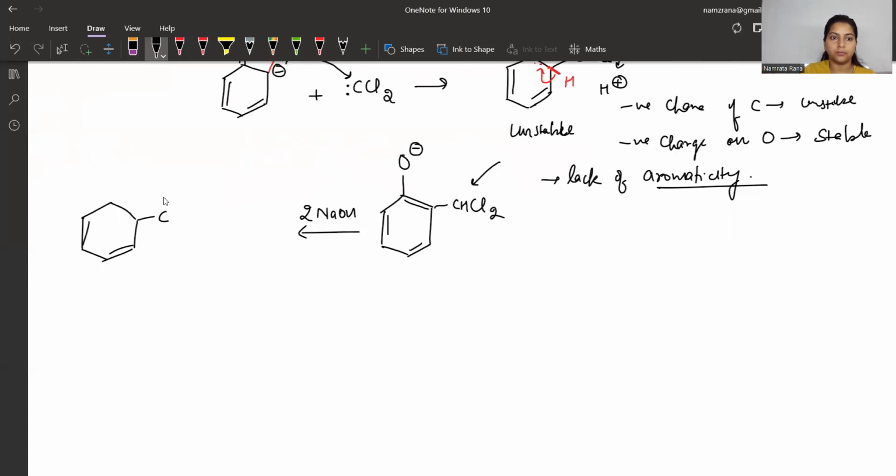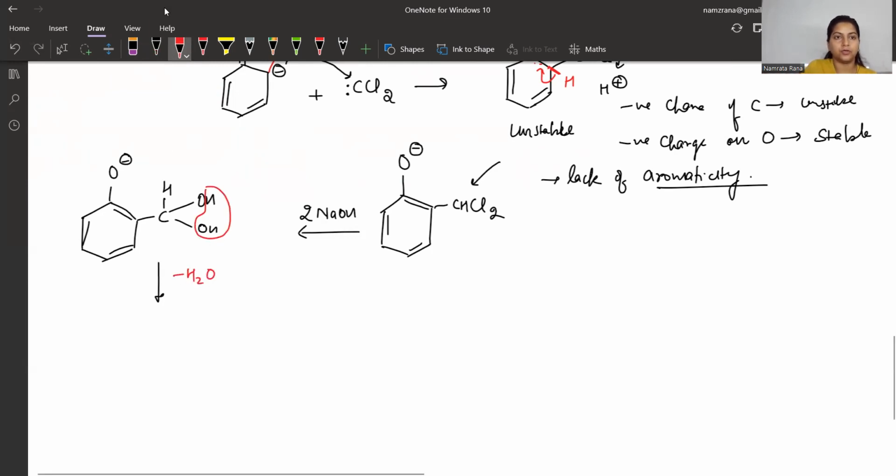These 2 Cl would be substituted by OH and OH. We already had O negative here and a double bond here. As soon as this is formed, 2 OH groups on the same carbon are unstable, so water has to be removed. So H2O has to be removed. So minus H2O will get